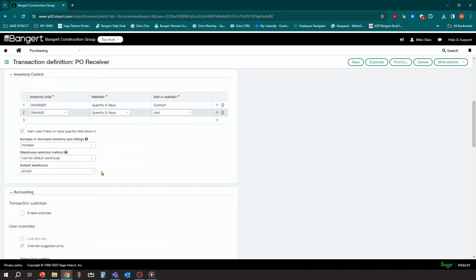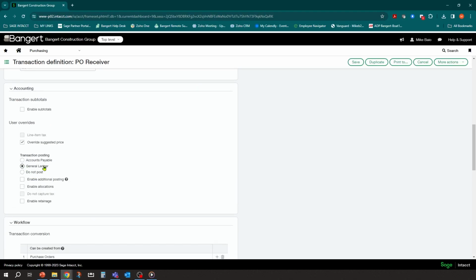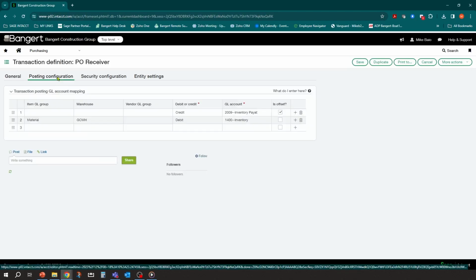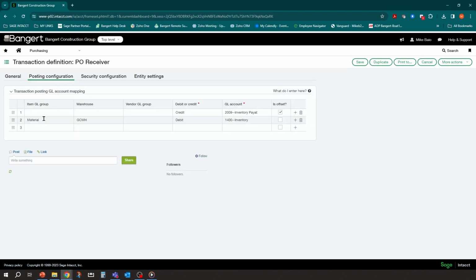So now, again, we have the general ledger turned on. So what do we want to happen here? Posting. Well, we do want to make a general ledger entry now into our inventory account because we're receiving it into the physical warehouse. So we do want to debit our inventory account to the accrual for this warehouse.